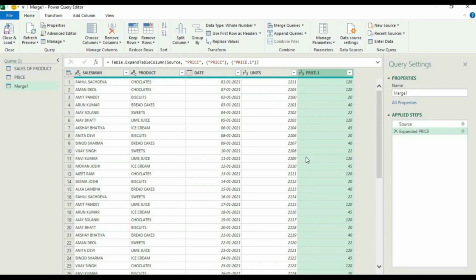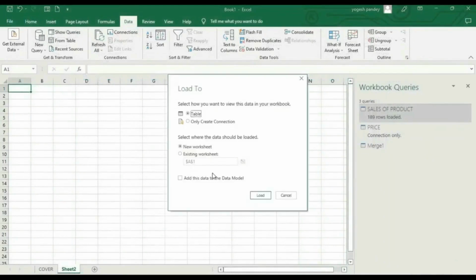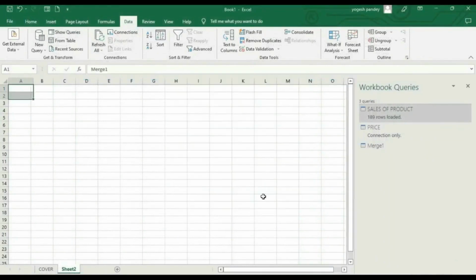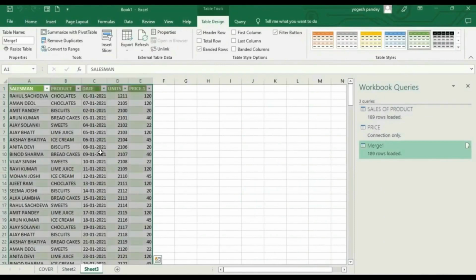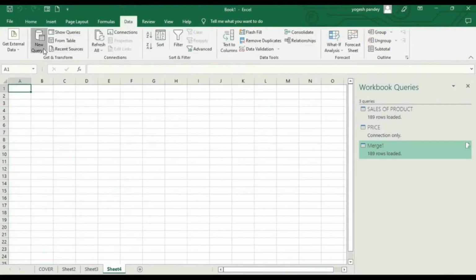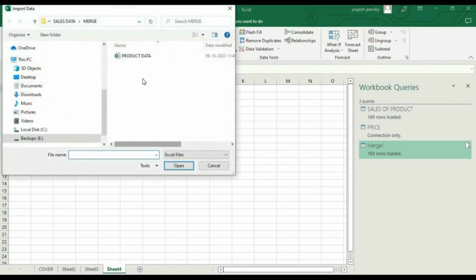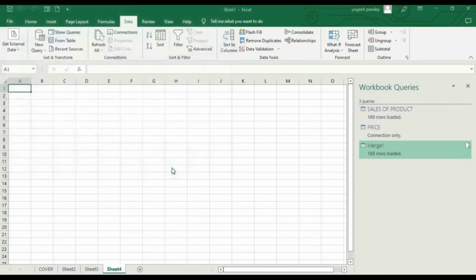Similarly we can do it with your CSV file also. That is also possible with your CSV file also. So that's also possible. Now we will go here. If you want to do it with the CSV file, then we will go to data, then new query, from files. First of all, from Excel workbook I will take product data and import. Same steps,